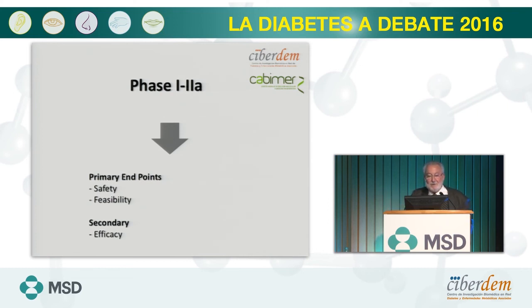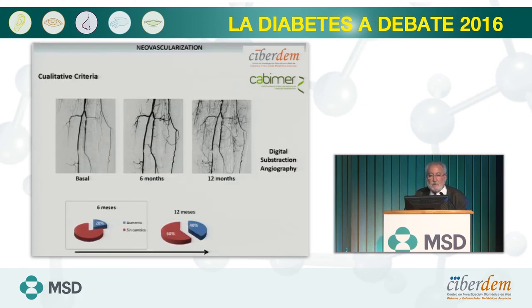I will comment about the adverse reaction and how to control the adverse reaction. It's feasible, and also I will show some data of efficacy, because obviously these patients were followed, and in terms of efficacy, here you can see samples of the videos of the angiography. That's the baseline situation. That's after 6 months of the dose reception, and that's after 12 months of a patient that received